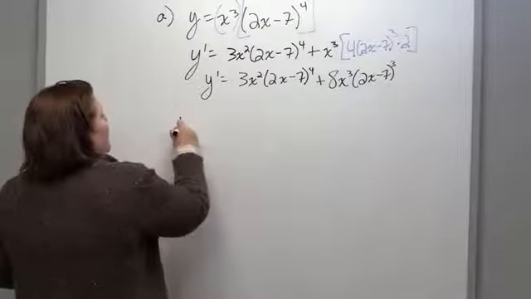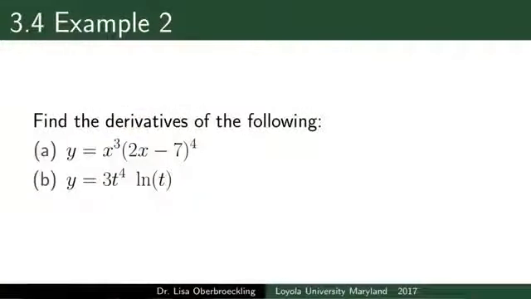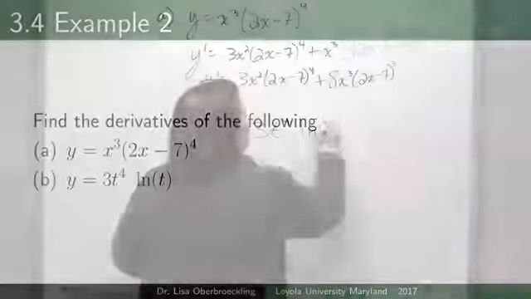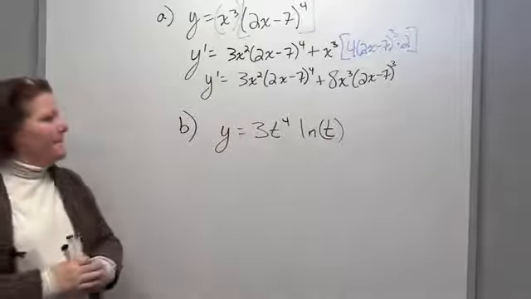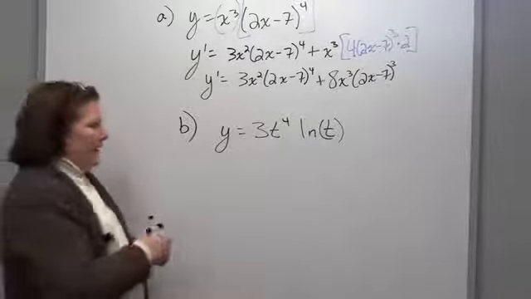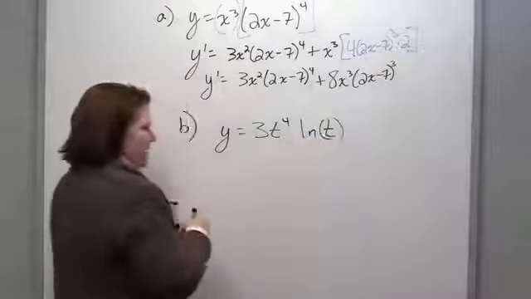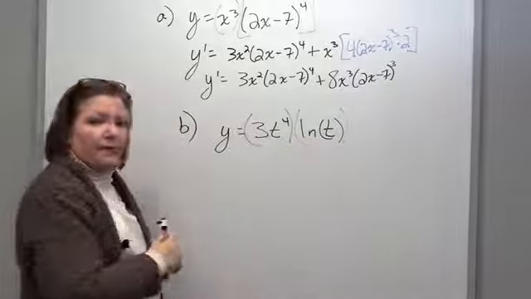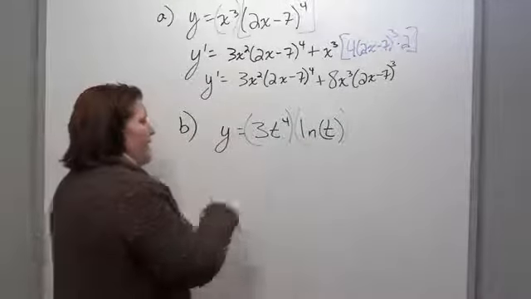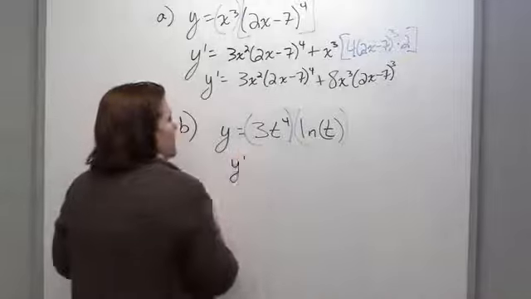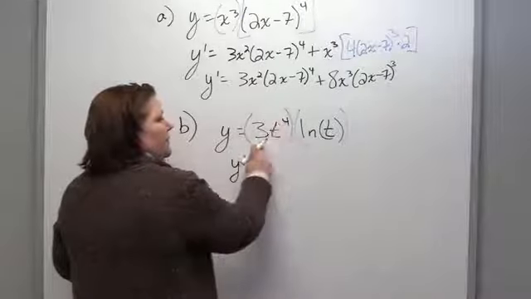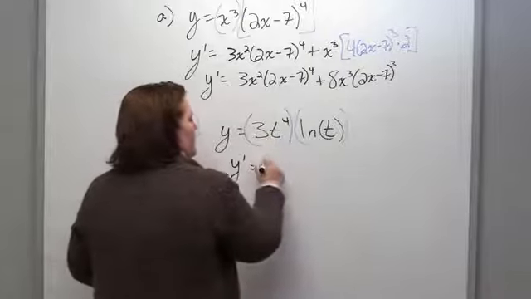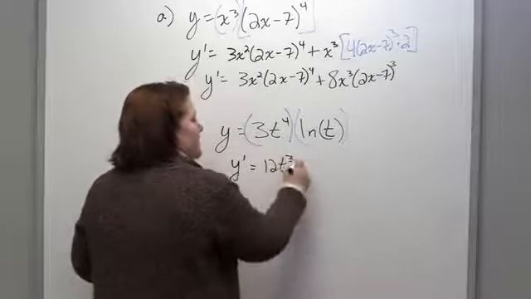For part B, we are looking at y is 3t to the fourth times ln of t. And again, I think of these two pieces as the first and the second. Each of those looks like problems from previous sections that we know how to find the derivative of after practicing those problems. So the derivative of the first, using our power rule, would be 12t cubed times the second,